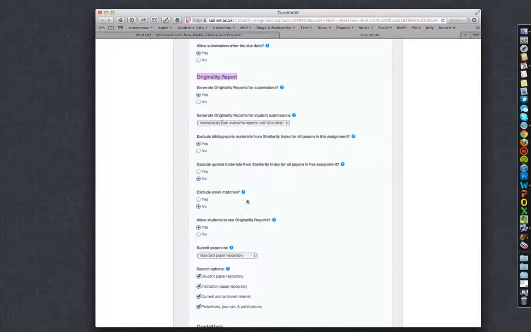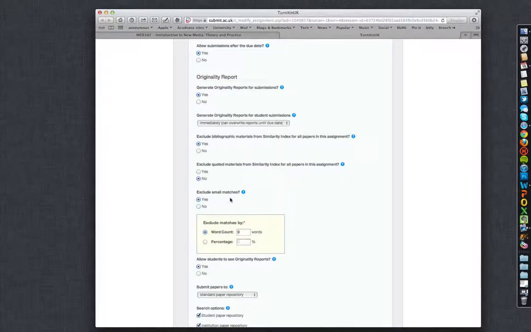And all these metrics can be tweaked after the fact, after the work's been submitted even. One of the features Turnitin allows you to enable is the ability to exclude small matches. So you might have stock phrases that students repeat at the end of the day. There's a few words there that we could block out, or you could set a certain percentage. It's up to you whether or not you want to do that,